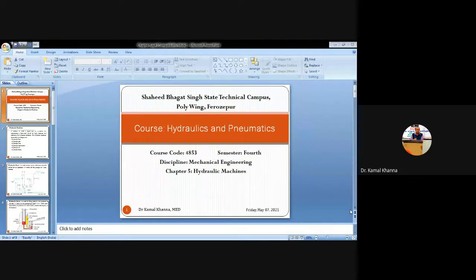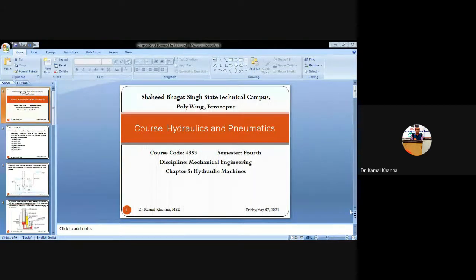There are many kinds of hydraulic machines or devices which are based on the principles of statics as well as fluid kinematics, and are employed for either storing hydraulic energy or magnifying that hydraulic energy for use in other machines. For storing the hydraulic energy, we have hydraulic accumulators, which are used to store the energy. We will be studying the hydraulic ram to transport water from a lower level to a higher level.